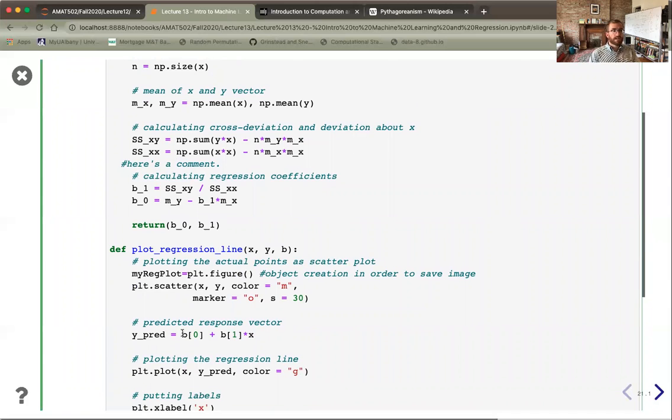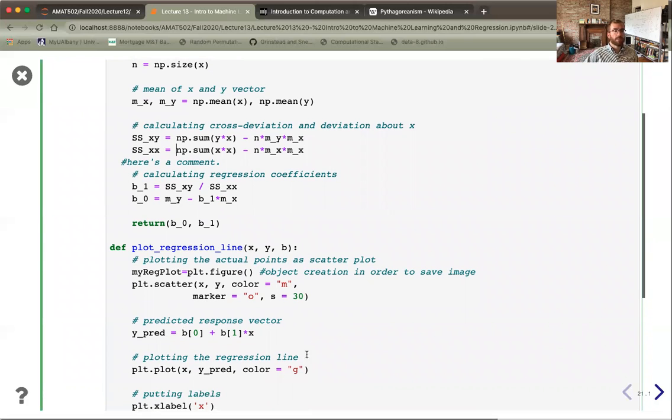And so then, if I want to predict, I do this using my plot function here. But the key point here is the way I predict values is that if I'm given a candidate value of x and I want to know what my model predicts y is going to be, well, first of all, I use my tuple of values returned from estimate coefficients, look at the 0th entry, and then I look at the first entry. And this just gives me the equation for the line. And then I evaluate that on x, and that gives me my predicted value associated to y.